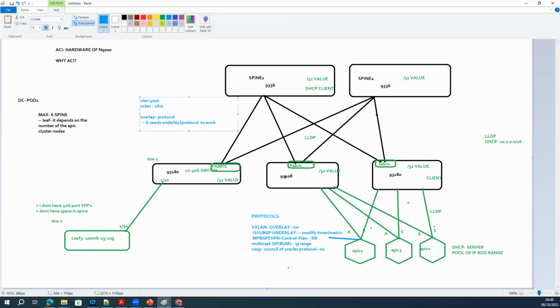Underlay layer 3 protocol. Okay. So without layer 3, VXLAN cannot work. It's a layer 2 over layer 3 protocol.